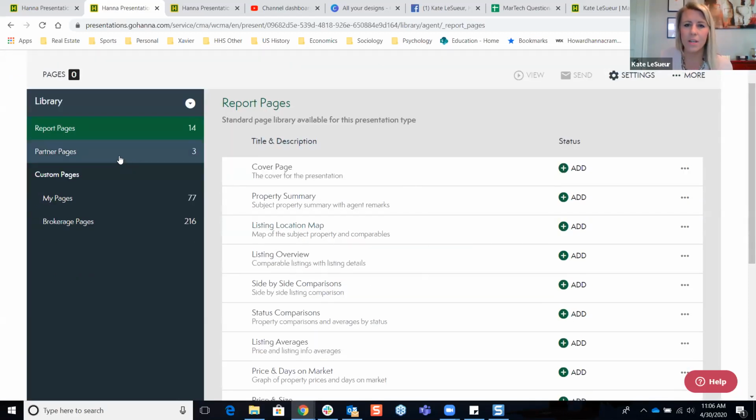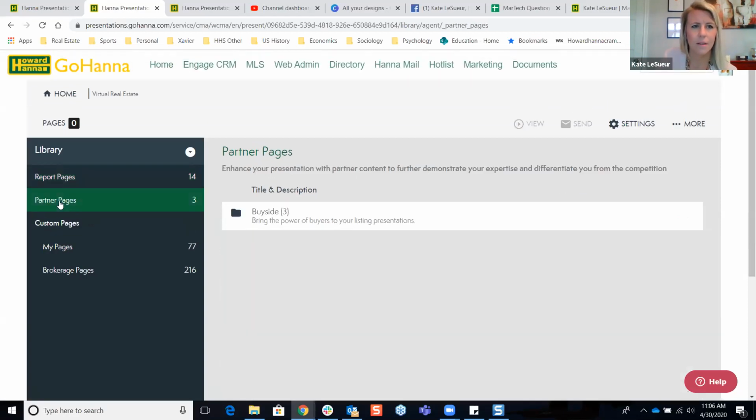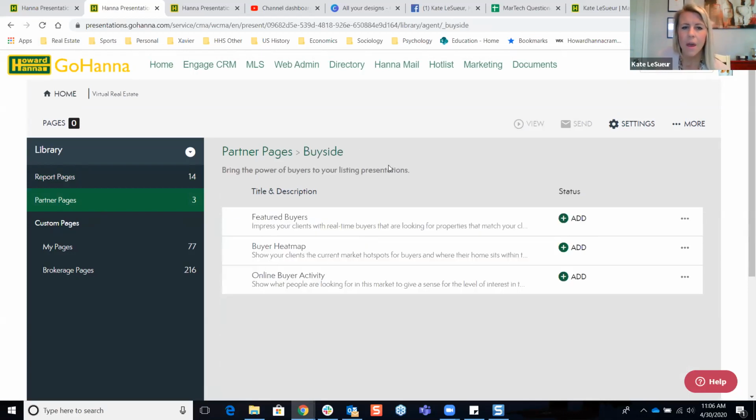The partner pages, I had an agent actually ask me, what if I wanted to give someone just some of the buy side pages without sending them the whole BMA from buy side? The partner pages are those, click on it here. Well, I'm clicking on it. Oh, there we go. All right. So these are all those buy side pages that you can just send to someone individually if you want, or add it to your seller